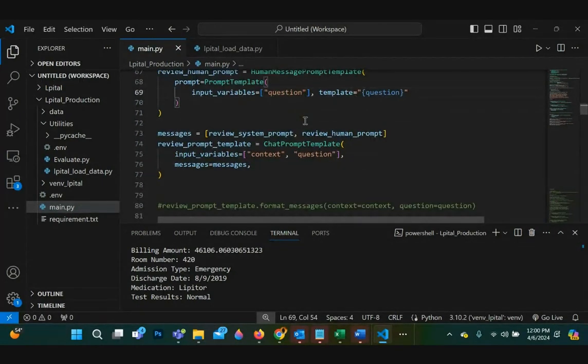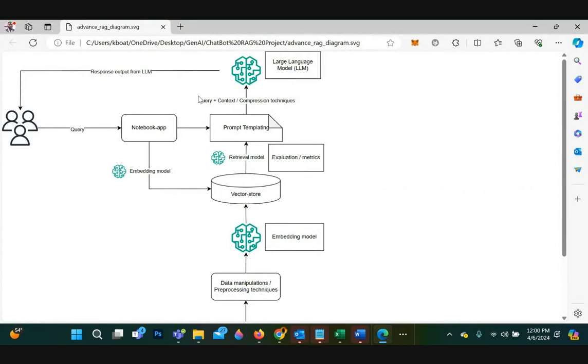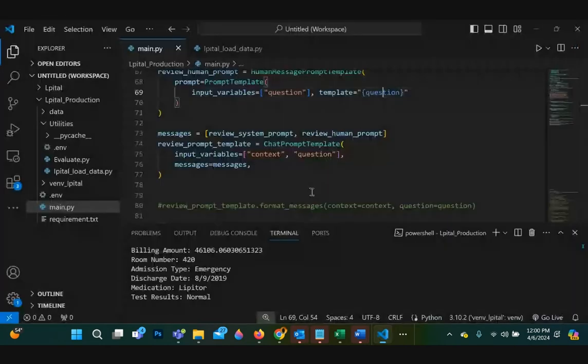And now the messages just have those two templates above that are set up. And then the chat prompt template. This is where we are joining the query and the context.